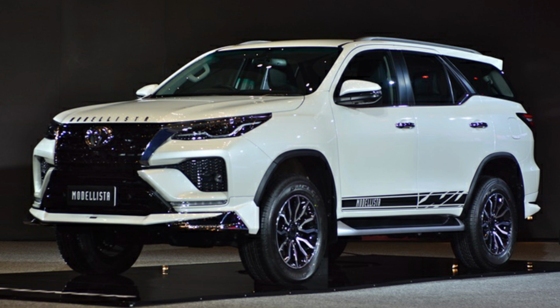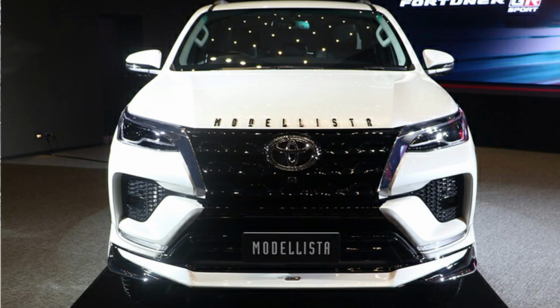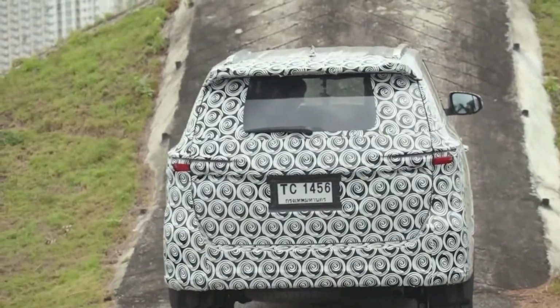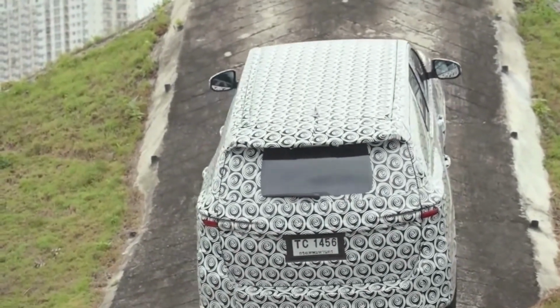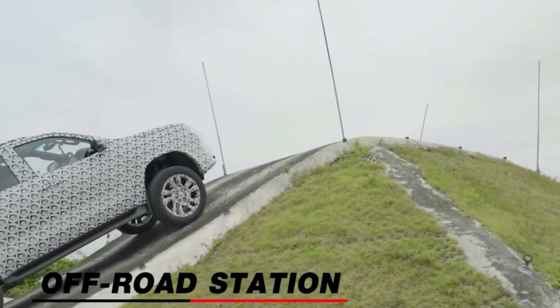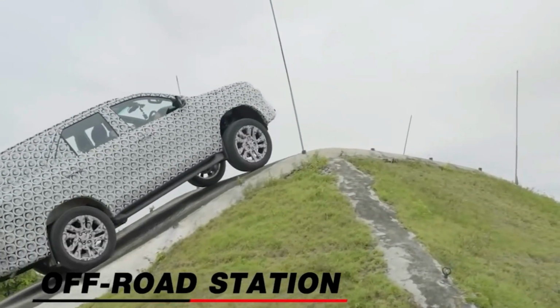It comes with unique designs that give us a different feeling like no other, under the cooperation of TCD Asia Company Limited, and that is suitable for customers who would be interested in decorating their vehicles to look outstanding, and this one I believe looks great and good. Okay, now